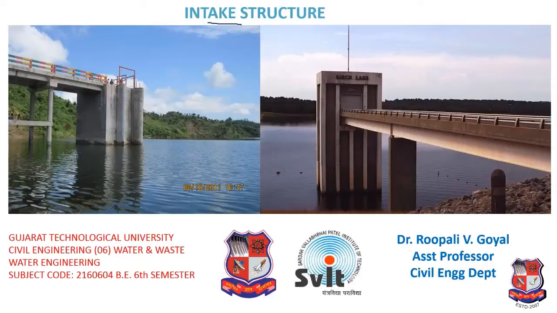So here in this figure you can see there is one structure, and that is nothing but an intake structure. This is the source of water, and that is a surface water source, either river or lake. Just to take water from this surface water source, such a structure is provided with some entry holes or entry ports, and inside that you can collect your water, and then you can transfer that water through this pipeline, which is generally called the withdrawal conduit or withdrawal pipeline, and then it will further convey water to the water treatment plant.